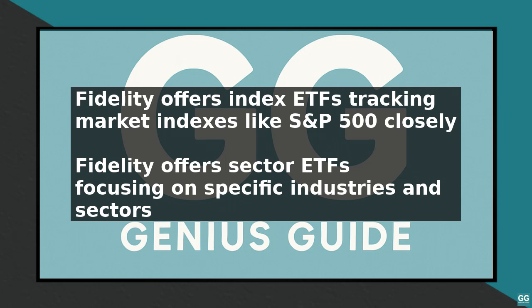To get started with Fidelity ETFs, you need to understand the different types of ETFs available. Fidelity offers a wide range of ETFs, including index ETFs, sector ETFs, bond ETFs, and commodity ETFs. Index ETFs track a specific market index, such as the S&P 500, while sector ETFs focus on a particular industry or sector. Bond ETFs invest in fixed income securities, and commodity ETFs track the price of commodities like gold or